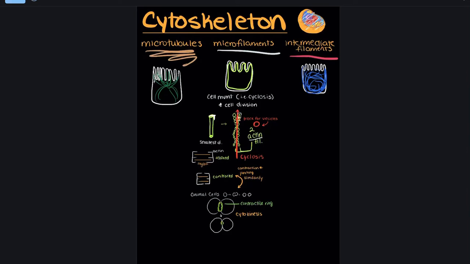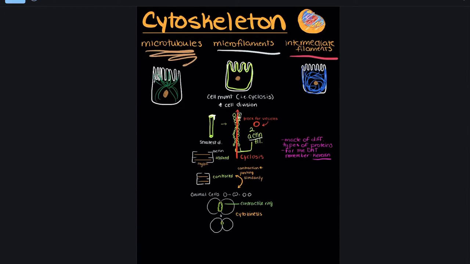Next we have intermediate filaments, which are intermediate in diameter. So it's made up of different types of proteins, but the main one for the DAT we should focus on is keratin. Notice how for the intermediate filaments, I just put them all over the cell. Well, visualize a pouch and a nucleus being inside the pouch. So it's almost like the intermediate filaments are holding it up. And the purpose of this visualization is to show that